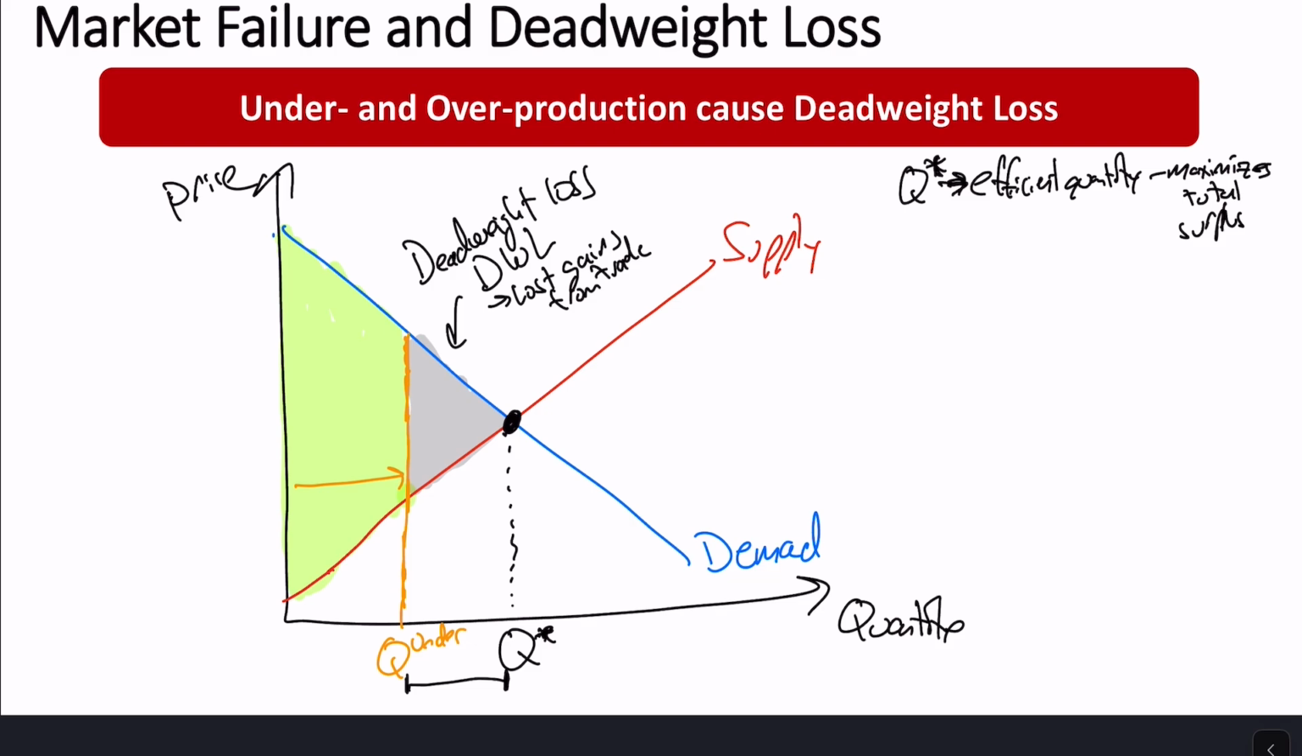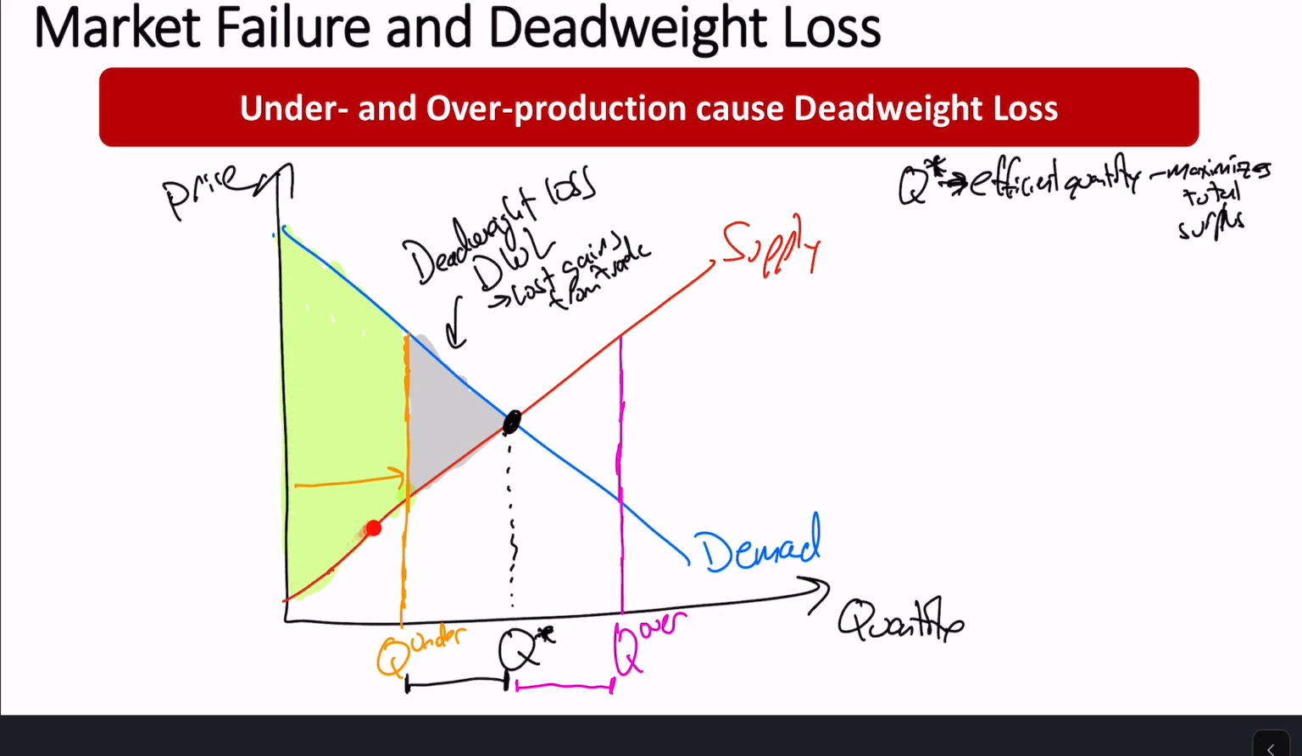We could also overproduce. So we overproduce at some quantity up here. Q over. Right, we're producing too much. Q over is above our efficient quantity. We're producing too much, right? So surplus has to go down if we produce more than Q star, because we know that Q star maximizes our surplus. All right, so over on this one for overproduction,